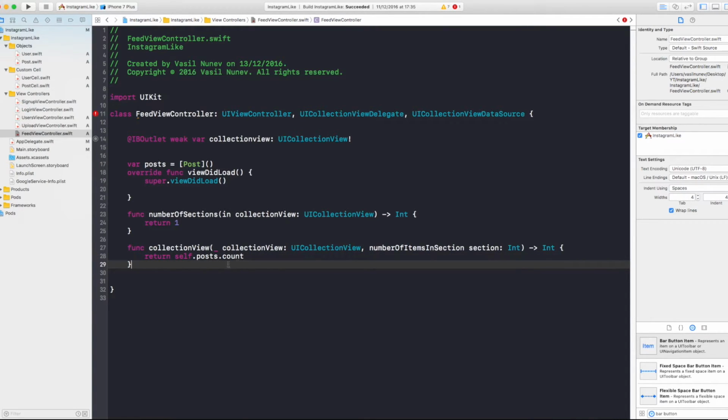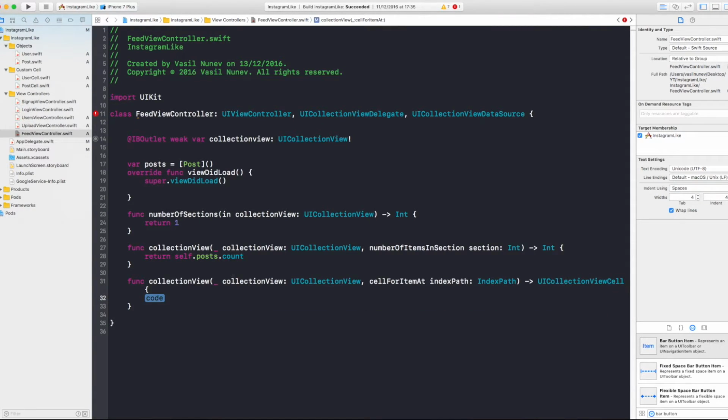Now we are returning as many posts as there are, currently 0. And the last thing you want to do is cell for item at index path. So if you say cell for item, this is going to create a cell for each post. As you remember, we created a post cell, so we want to create here a cell that's going to return that post cell. So let's say let cell